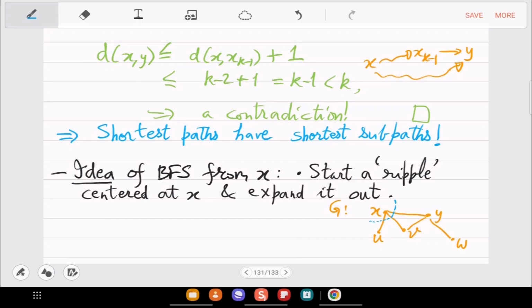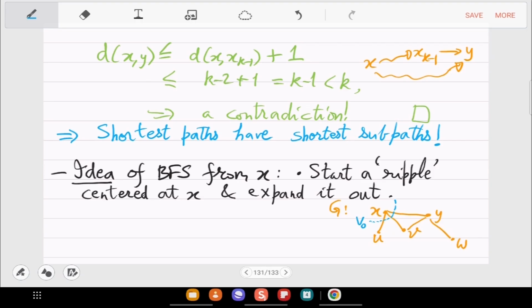So as the ripple expands, it will basically give you an expanding set. So V0 is the set which is at distance 0, so that is only x, right? No other vertex is in V0. And all the other vertices, think of their distances as infinity because they are not yet reached by the ripple.